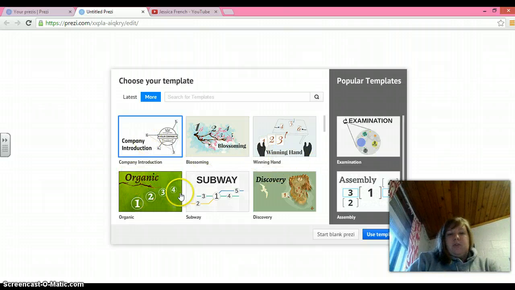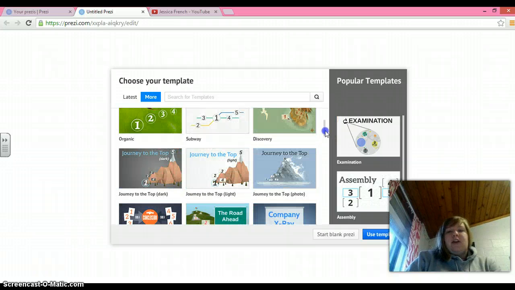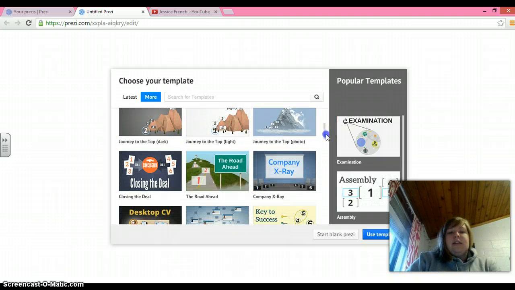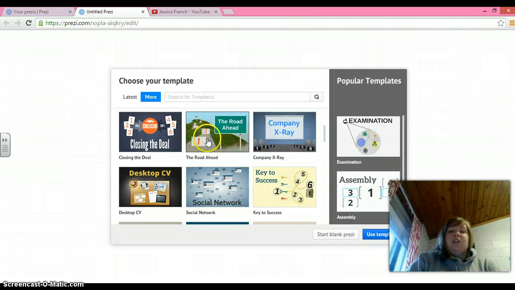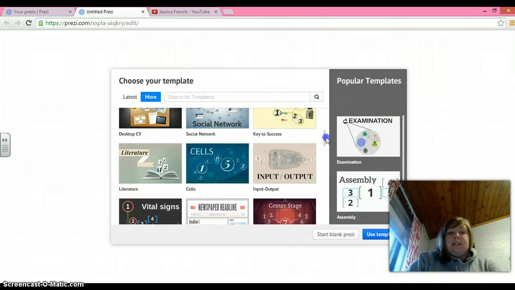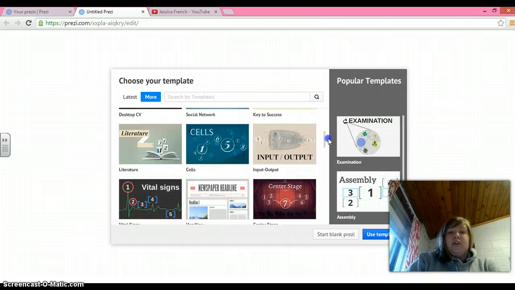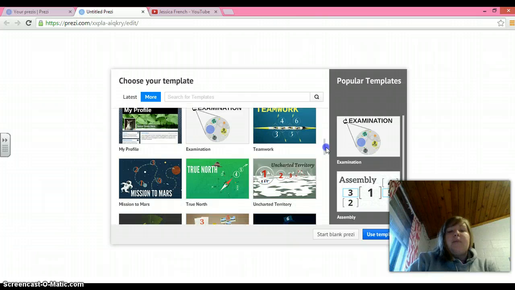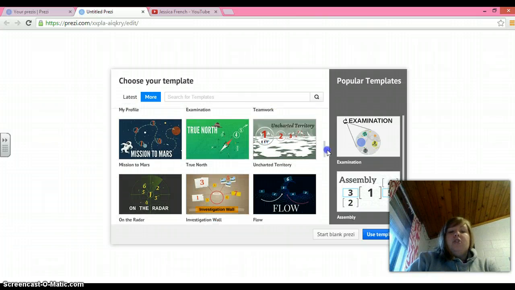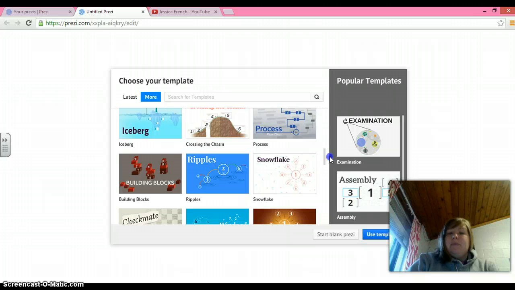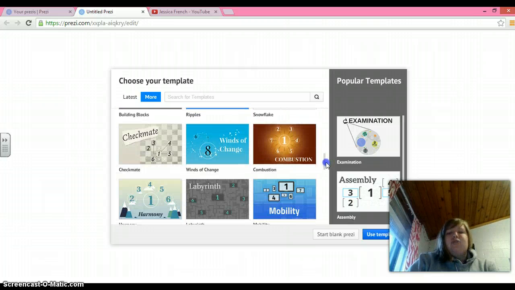So there's this cool organic one that could relate to science, as well as this one that says discovery on it. And you can change all of these words. So that could relate to science. This one could relate to higher education. So there are just a lot of different ones that you could use. There's one for reading, a school newspaper. So there are hundreds and hundreds of different templates that you can choose from, and each one is very unique and very different,